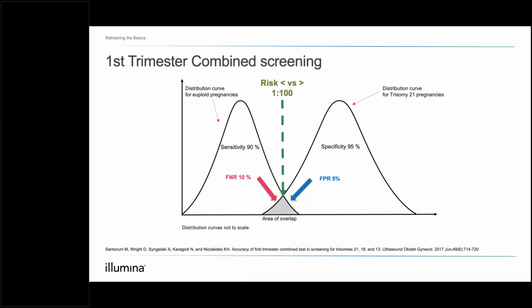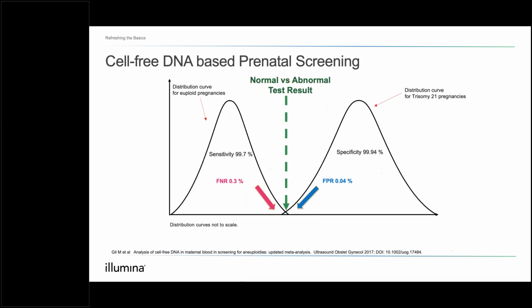In 2011, exactly 10 years ago, NIPT became available for use in the clinic, that was an extreme step forward. And I would like to ask you to look again at these arrow figures: false negative 10%, false positive 5% with first trimester combined test. And if we flip to NIPT, we see false negative 0.3%, false positive almost 100 times lower than with first trimester combined test. And this slide and what's on it explains the enormous success of NIPT worldwide, as you all